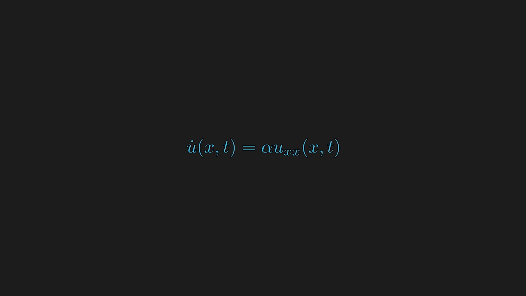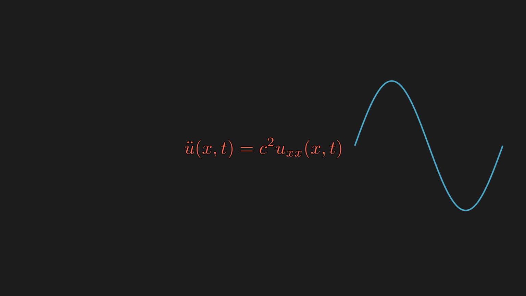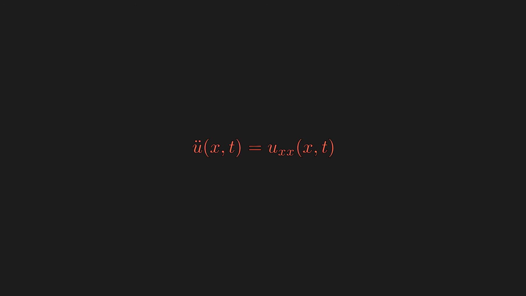Instead of heat equation, we can use practically the same analysis on wave equation. So let's do that. The biggest difference is that there is an acceleration term on the left side instead of the velocity term. And one intuitive way we can think about it is that the more concave the function is in the spatial coordinate, the bigger the acceleration will be. Now, c here stands for speed of the wave, so we can scale our coordinate to make it equal to 1. So instead of measuring lengths with meters, we can use units like light second or Mach second.